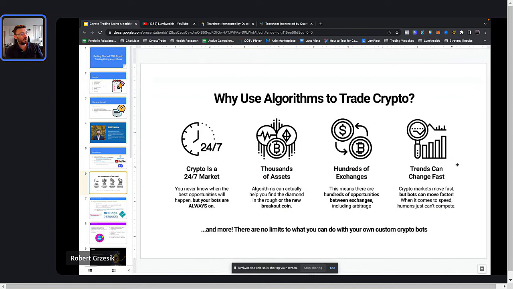And of course, there's a lot more than this. These are my top 4 reasons, but there's also a lot more reasons why these types of bots really make your life a lot easier, help you make more money, and kind of help you keep your sanity. It's definitely quite a bit simpler to trade, or at least in the long run, once you have it set up, simpler to trade these sorts of things.